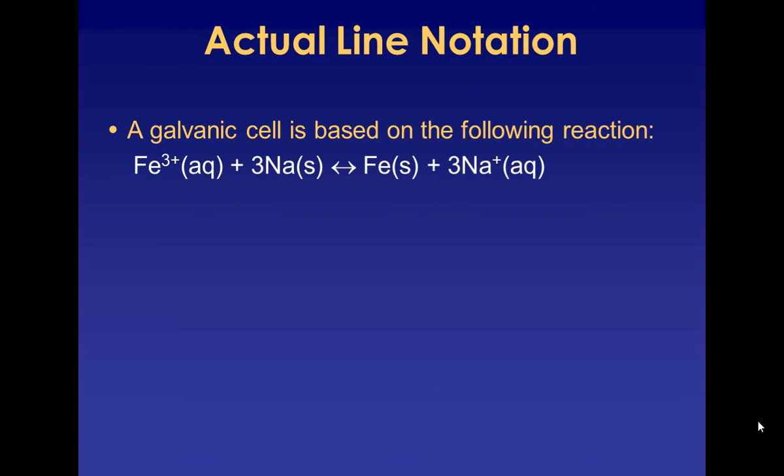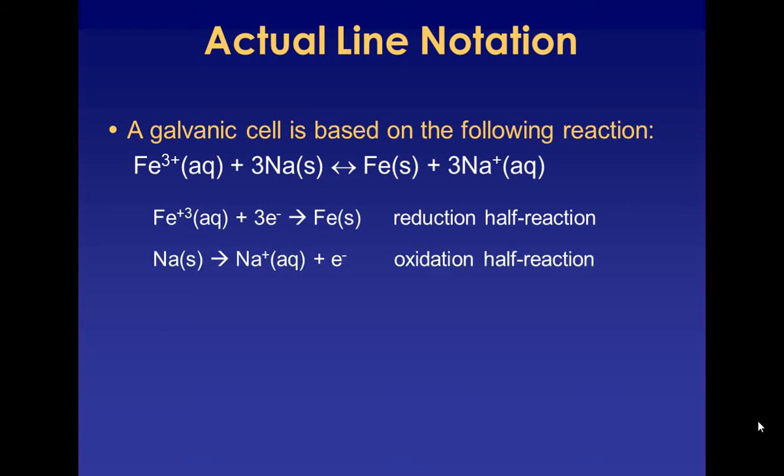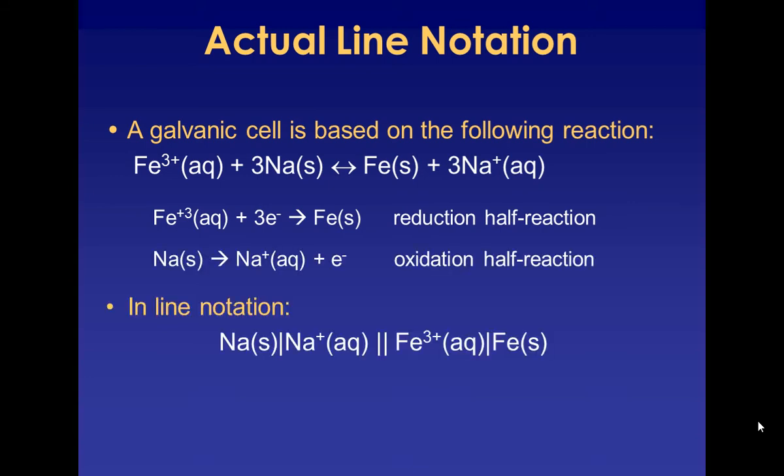We see that iron is becoming less positive because it's gaining electrons, so iron is being reduced. Sodium is becoming more positive, so we see sodium is being oxidized. In the line notation format, sodium being oxidized would be found on the far left, and it would turn into, so there's your two half reactions. Sodium would be on the far left because it's undergoing oxidation, and then we have the single line separating it